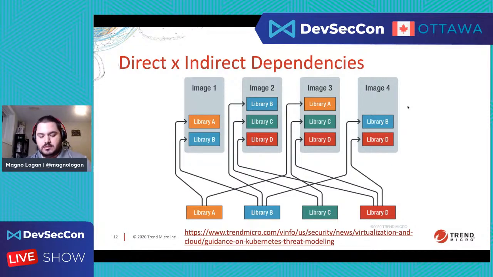Indirect dependencies are a problem that complicates fixing the issue a little more. If my project is using library X, and that library is calling library Y, and let's say there is a vulnerability in library Y but not in library X, and I'm going to show that in the demo, but let's think about it here. How do I fix the problem with library Y if there is no updated version of library X? I'm not calling library Y directly, I'm calling library X.